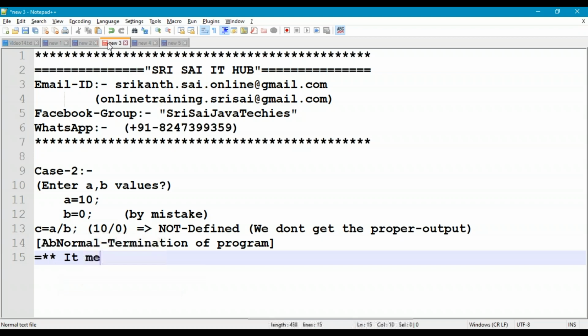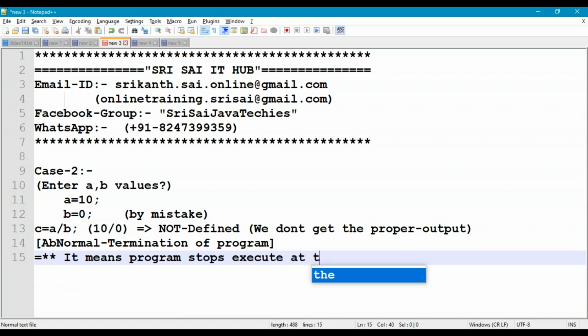It means program stops execution at that particular line itself. So this is called as abnormal termination of the program.